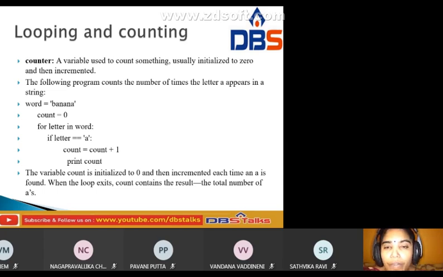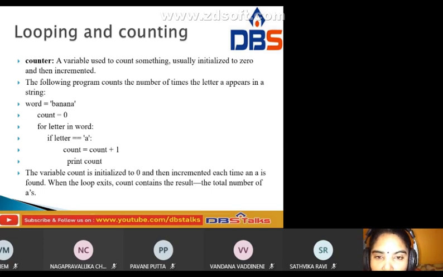For letter in word: if letter equal to A, each time it will be incremented, count equal to count plus 1. Then print count.